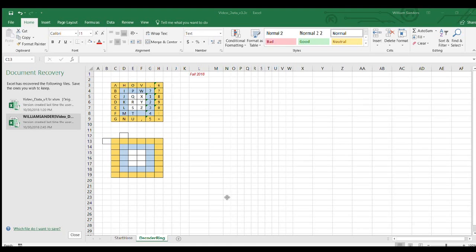So what we're going to be talking about today is macros, what they are, what they're used for, and what we're going to be using them for. What we're going to be doing today is decoding these two rings of data, this yellow ring and this